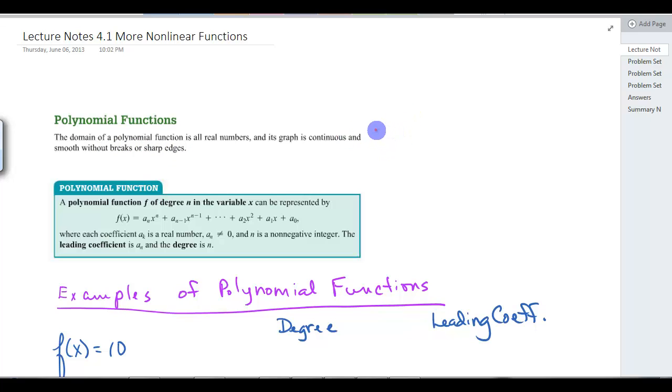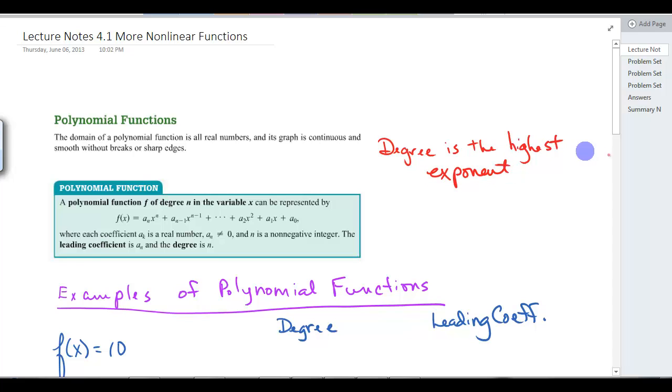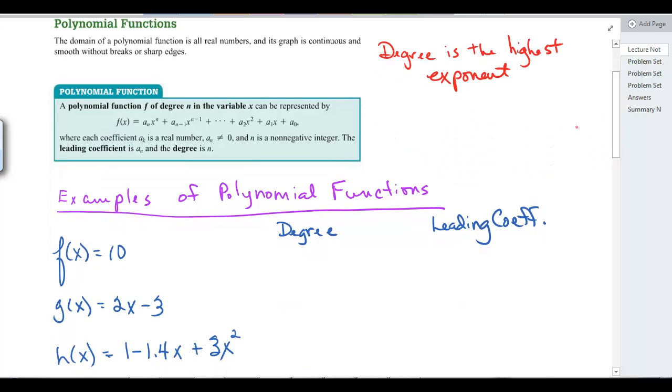In a polynomial function, the degree is the highest exponent. Okay, so as we look at some of these examples that I've written here, f of x equals 10. That is a polynomial function. And if you're asked about the degree, you're looking for the exponent. We don't even have an x. There is an understood x to the 0 because anything to the 0 is 1, and 1 times 10 would be 10. So when you look at that, then you can say that the degree is 0